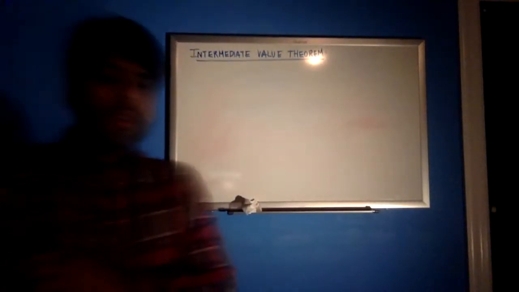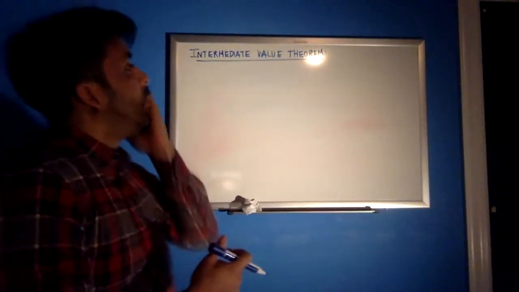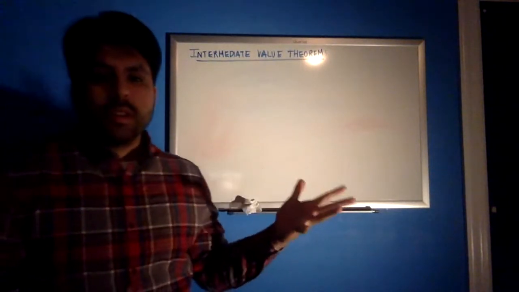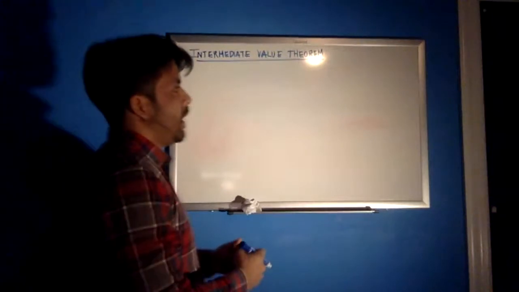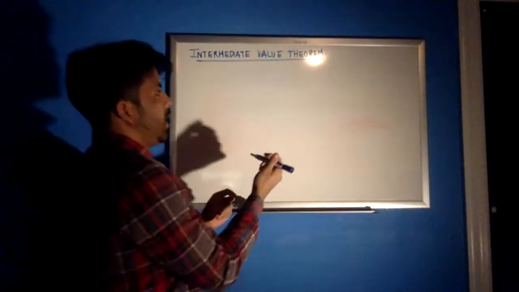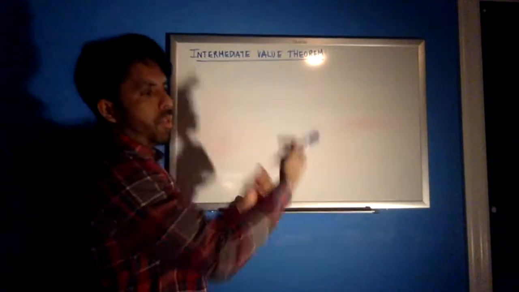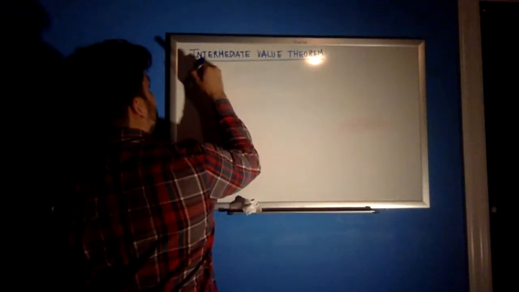And the intermediate value theorem is simply a theorem that utilizes continuity of functions to basically say that there is a number in between two numbers that makes the function equal a certain value. Okay, so let's look at an example, right? So I think I gave one of the problems. One of the problems was